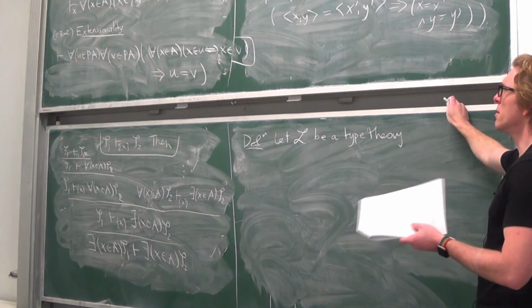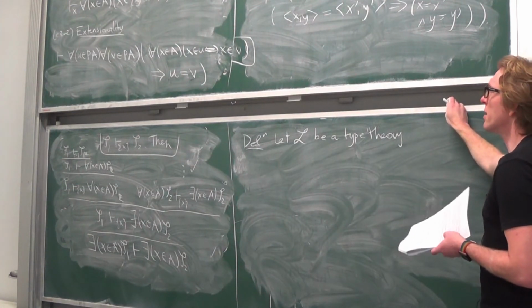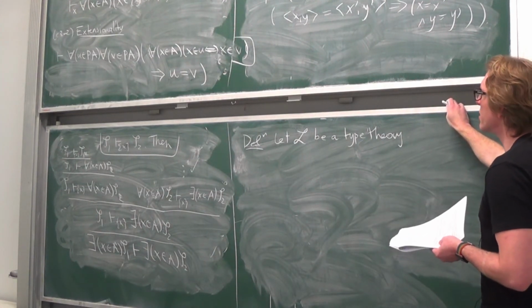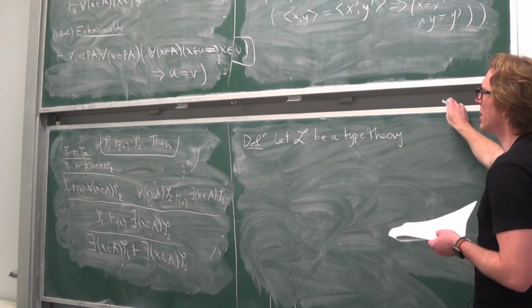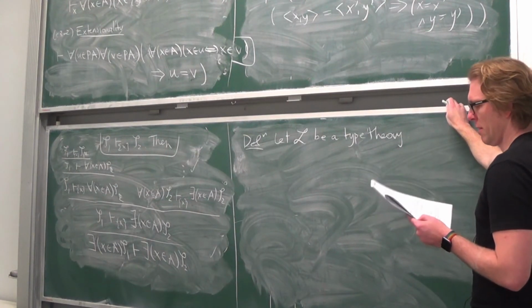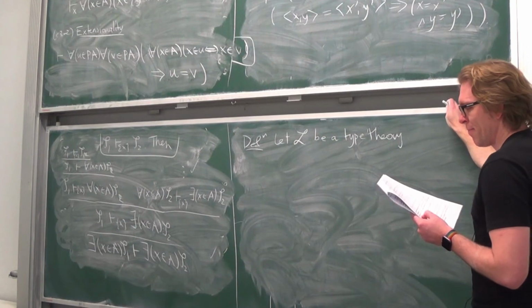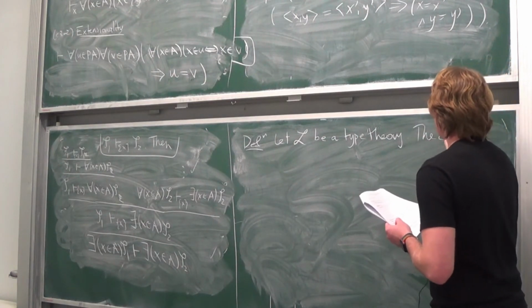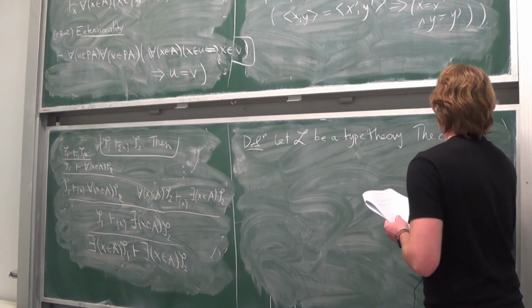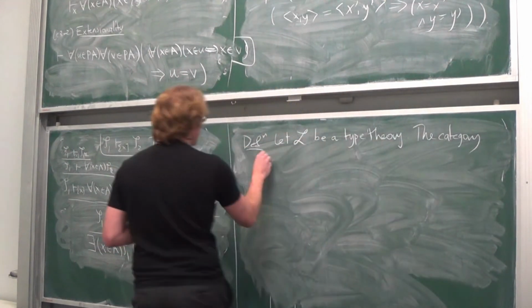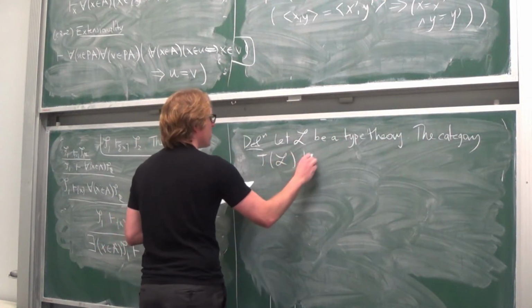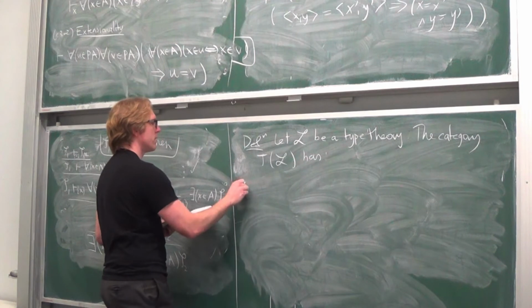So it's a class of types, a class of terms, and this entailment relation. So the category TL has